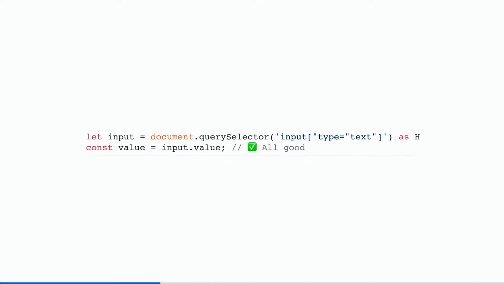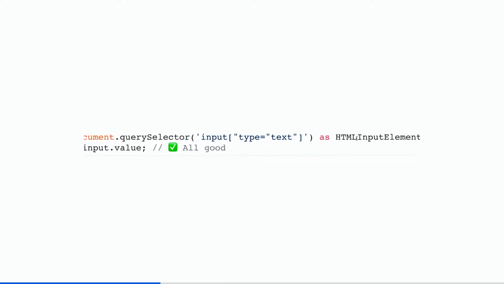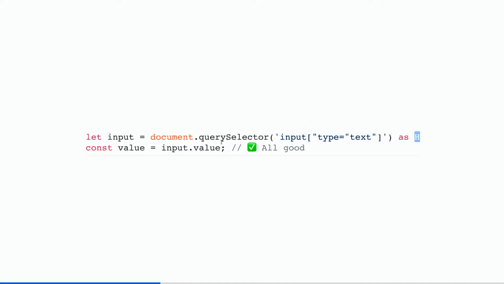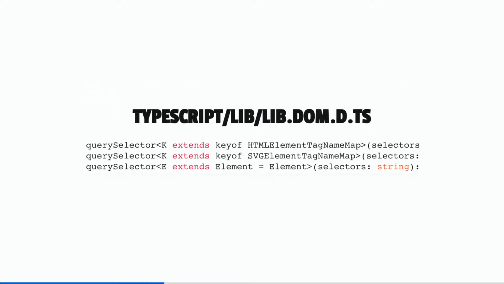So the way you can fix it is you can typecast it to HTML input element. This type, unlike the regular, base, abstract element, will have the field called value. So everything is going to be fine. The reason I'm saying that it's kind of a valid way to use typecasting is because if we look at TypeScript